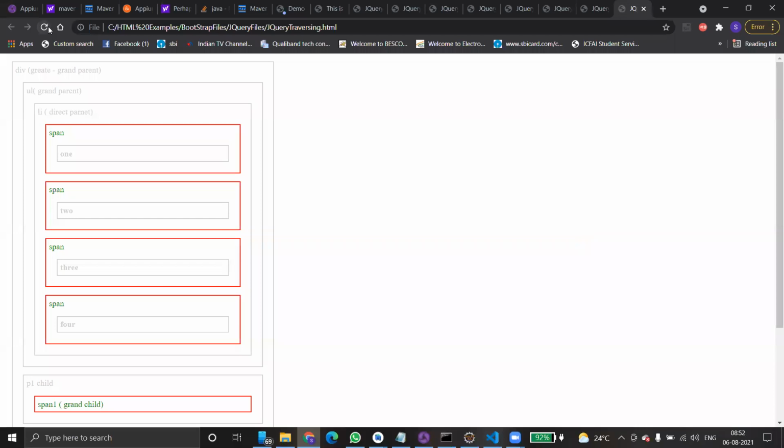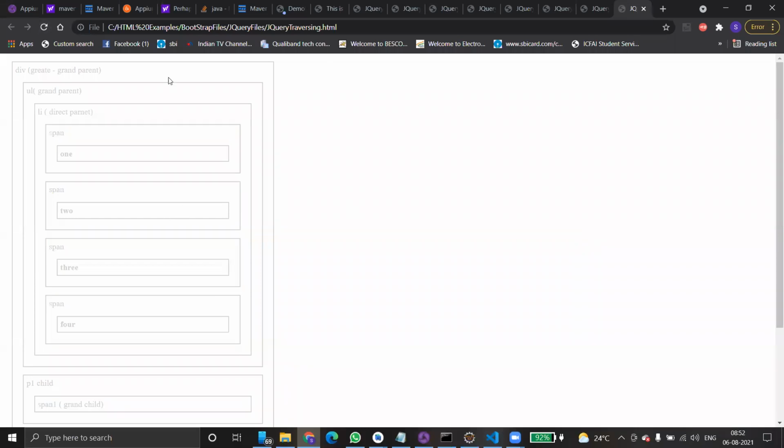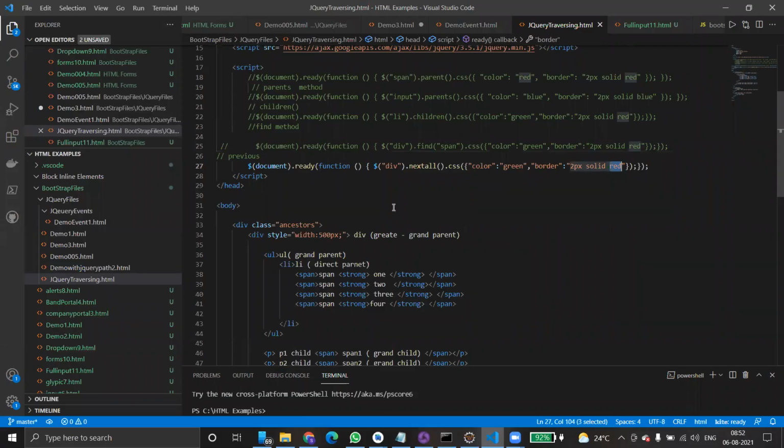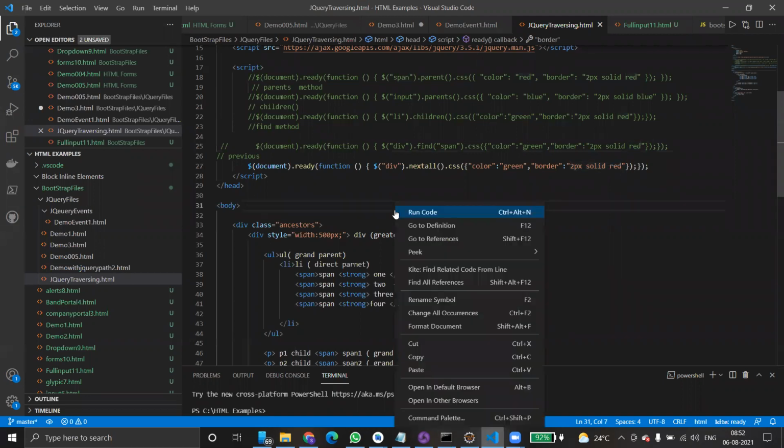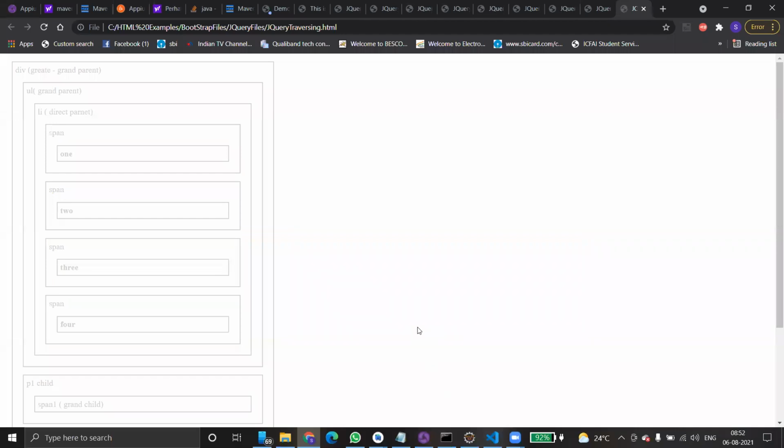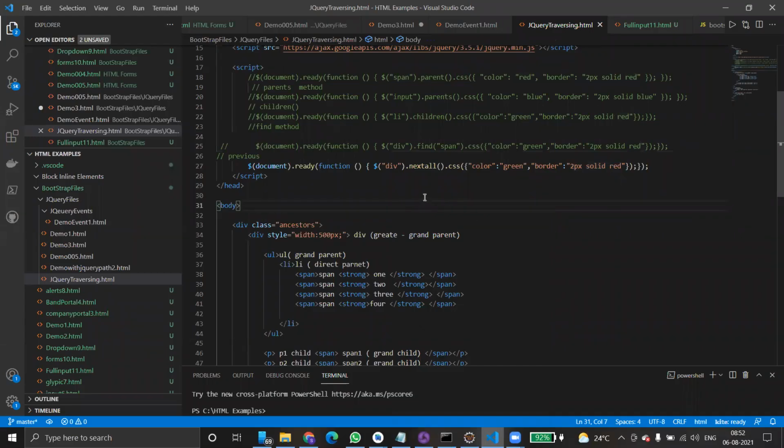Just refresh this page. Yeah, gone. There's no color now. So nextAll of CSS. The division has nextAll sibling elements. The division has already applied the gray color, that's why it's not showing.